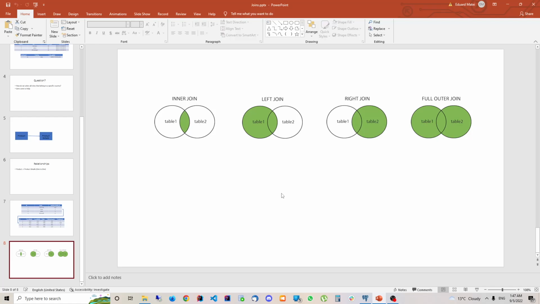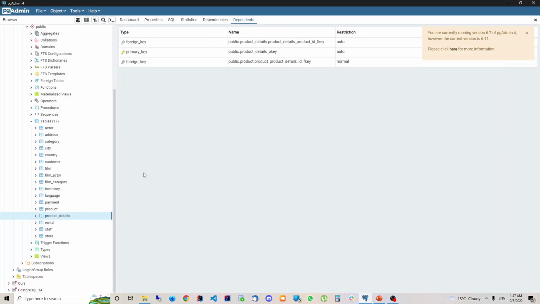Now we are going to talk about left join. What is a left join? Basically, as you can see here in this diagram, the definition is something like this. Left join will give you all the records from the first table and the matching records from the second table. What does it mean? So let's go to our pgAdmin